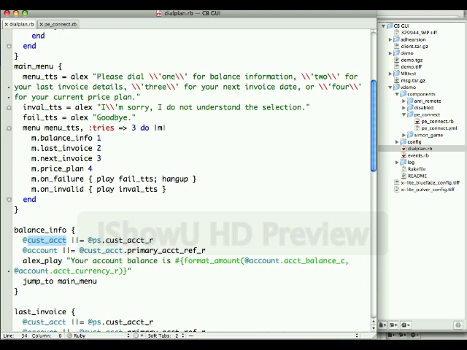Again, that's just a reference fact that returns an object of type account. Once that's happened, then we can do some more text-to-speech to play a message that says what the current balance is. And here I have a helper method to format an amount, in this case a real number, into a string that